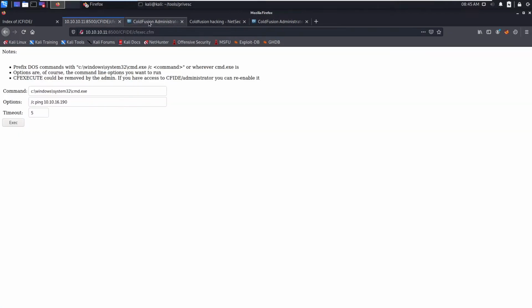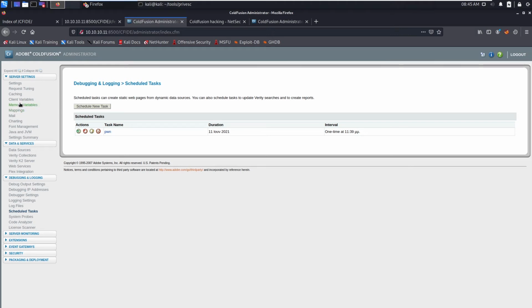After logging in, all you need to do is go to mappings. Here we need to upload a shell. Generally we create a new scheduled task. So go to mappings.